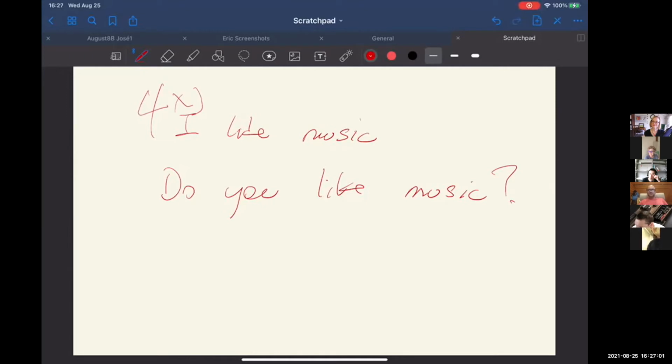First I've got to make the breakout rooms, because this is the first difficult thing. Before I send you in, I'll tell you what you're going to do. Do you see my share? Yes, David? Okay, good. You're going to do "I like music. Do you like music?" and you're trying to do it fast. You're trying to do it with intonation and variation, but at the same time trying to maintain your eye contact and all of those things that we were showing before.